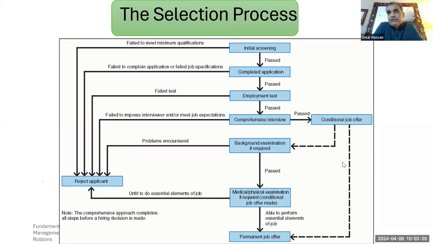So today we covered the staffing function in detail. In fact, in a bit too much detail. I've tried to give you a comprehensive overview, however, of the whole staffing function, which includes HR planning. In HR planning, we had job analysis leading to recruitment activities, leading to the selection activity. So then you are able to find the right person for the right